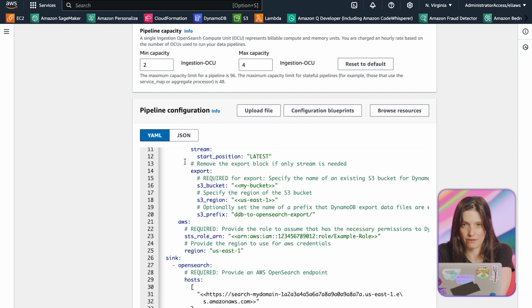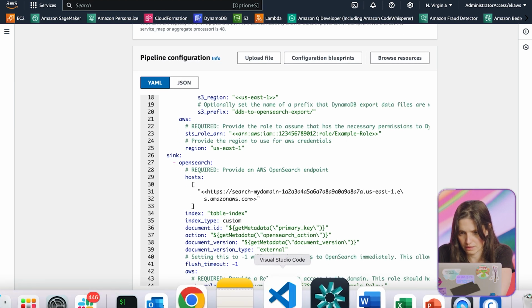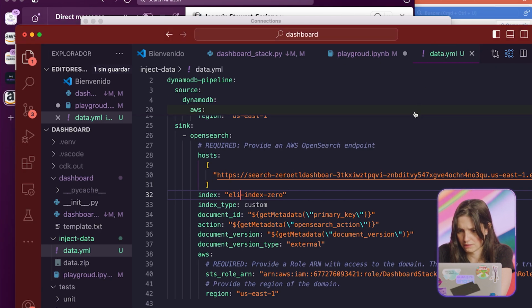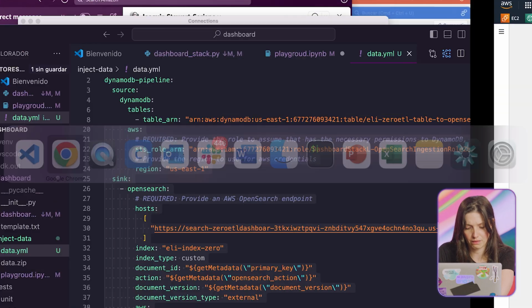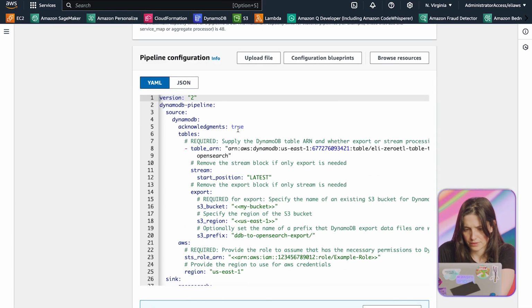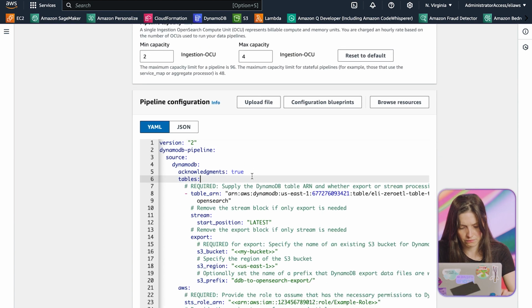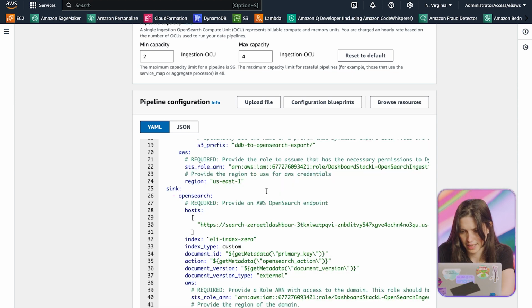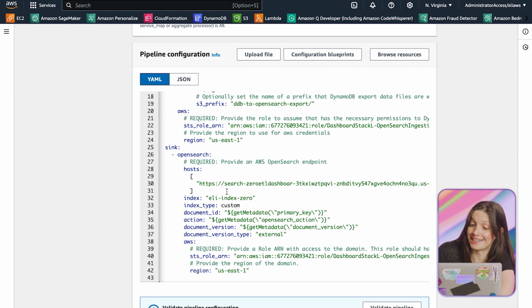I'm going to copy and paste my configuration. This is important here because we have to put the index name.